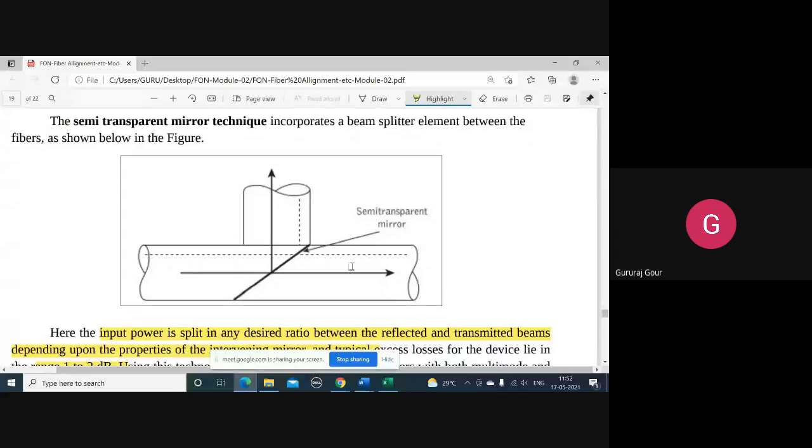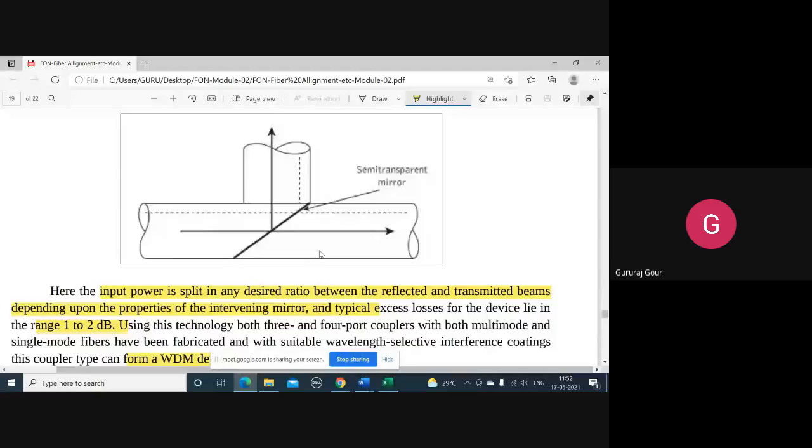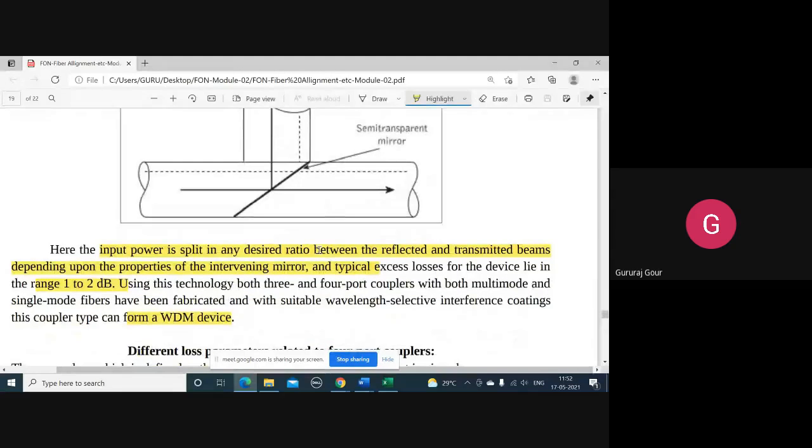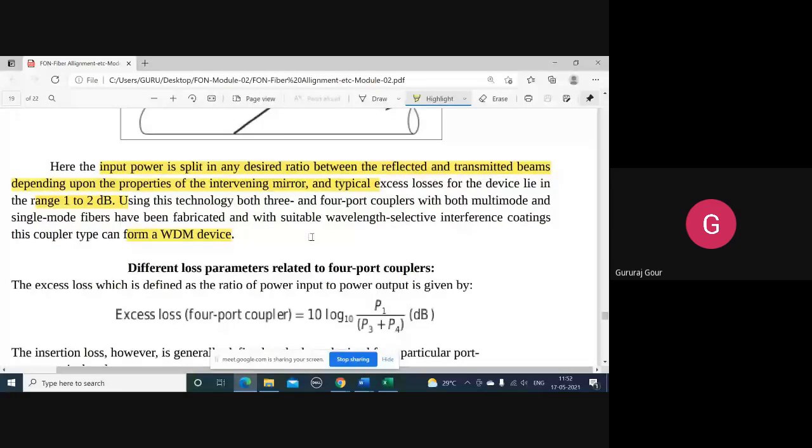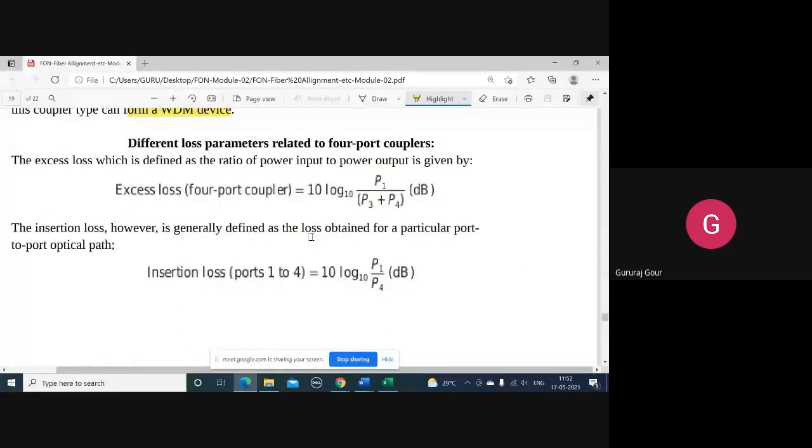The semi-transparent mirror technique can be used to form the T joint, as it is visible here. This one is going to provide you a loss of up to 1 to 2 decibels, and it is widely used in the WDM technique. So I have listed different loss parameters here for the 4 port fiber coupler,